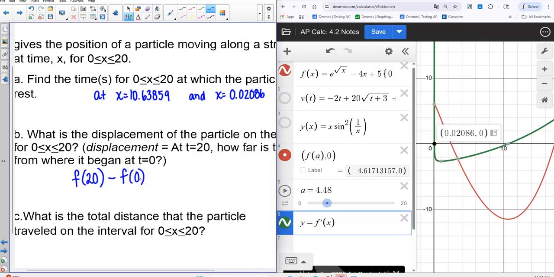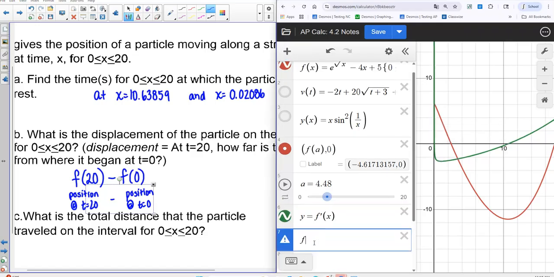Your position at t equals 20 minus the position at t equals 0. So how far you are where you ended up from where you were when you started. That's very easy to find on the calculator active problem, f of 20 minus f of